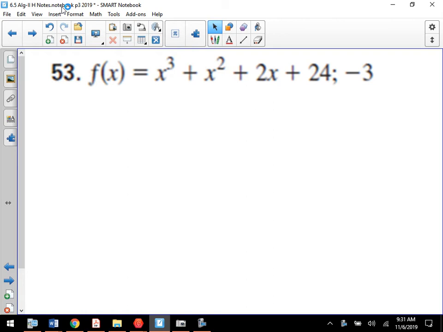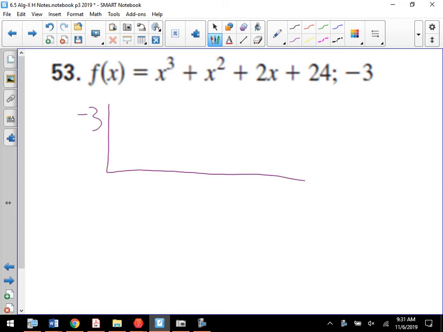-3 as my 0, that will allow me to use that for synthetic. So you put the -3 out here, and then you start pulling coefficients: 1, 1, 2, and 24. Now, the reason why we like synthetic is because it's easy, but when you first looked at that polynomial,